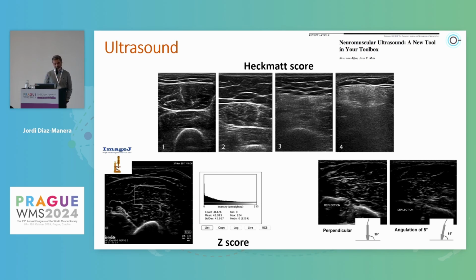And for that reason, there are several groups trying to work on converting ultrasound into a purely quantitative method that allows following up patients in natural history studies or in clinical trials. So there are some groups that are trying to get images from the echo and analyze them with different software like ImageJ to quantify the intensity of the pixels and to give an idea of how much fat